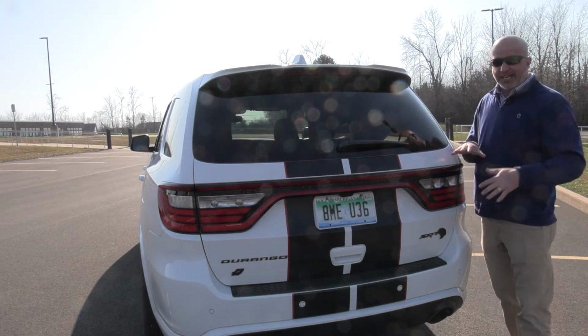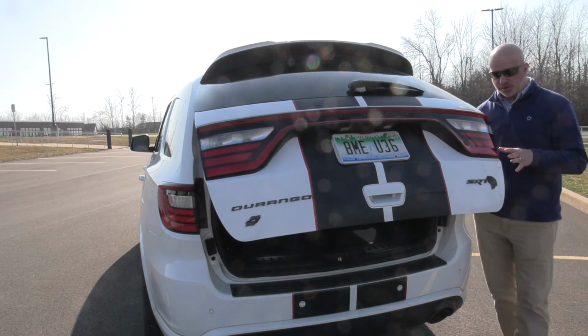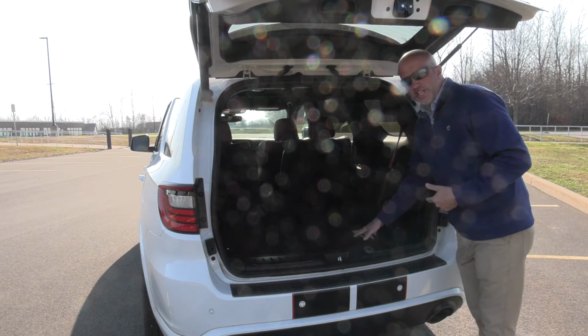Basically this getting up out of the way. Now there's two ways to do it, on the key fob or simply the release here. And what you're going to find is the 0 to get out of my way is fairly smooth. Now once it's up and out of the way, you're going to find around about 17 cubic feet behind the